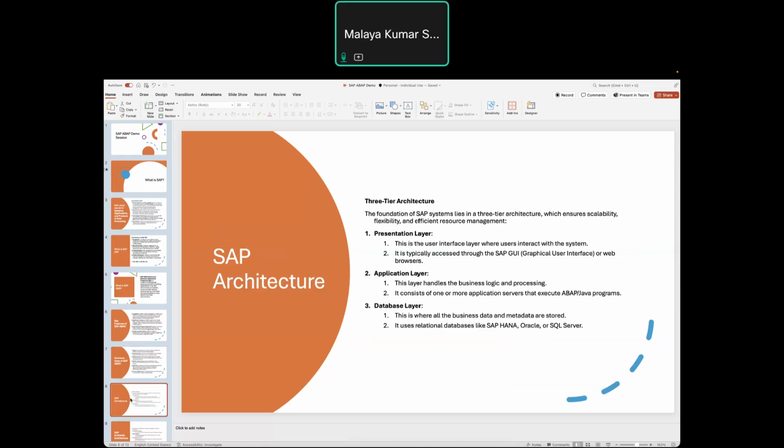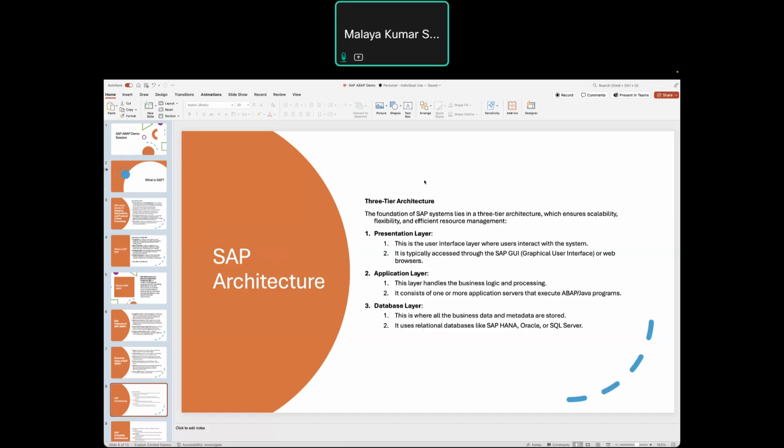Next, the SAP architecture. Basically, now it is SAP R/3, a three-tier architecture, but when SAP started, it was R/2. As we have the three-tier now, let's understand what a three-tier architecture is. It's a presentation layer, an application layer, and a database layer. These are the three layers available in your SAP architecture.